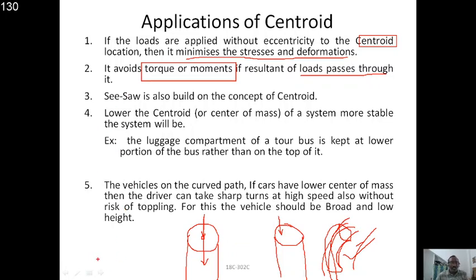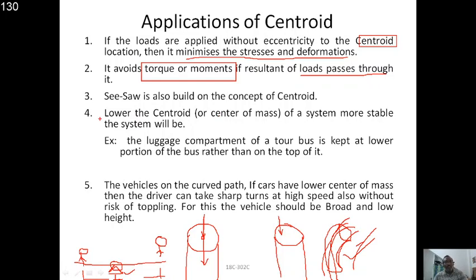You can also see it in a children's park, where you have many times observed a seesaw like this. On it, a person is trying to push himself up and down. How is it balanced at the center? Due to this centroid concept only. The perpendicular distances and the loads create clockwise and anti-clockwise moments about this point, which creates the balance. So the centroid makes sense in engineering applications in conjunction with the center of mass.